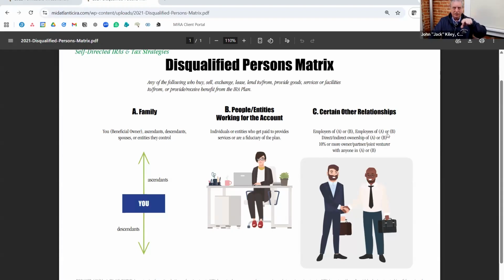Okay, so all of the running of the property and the operations and all of that kind of stuff is done at the LLC level, not at the IRA level. So when the LLC distributes back to the IRAs, it must do so at the same time. So you can't say, we'll pay some to this partner and then later we'll remit to that partner. It's got to be at the same time.